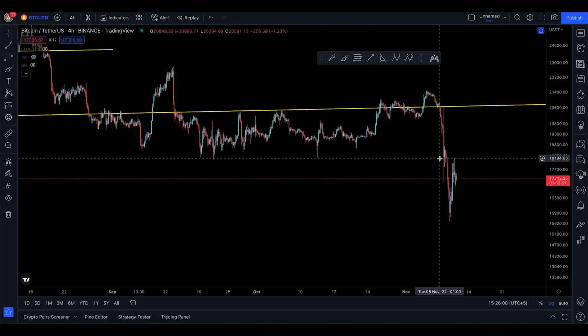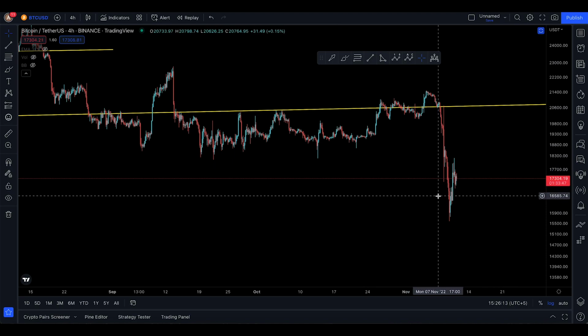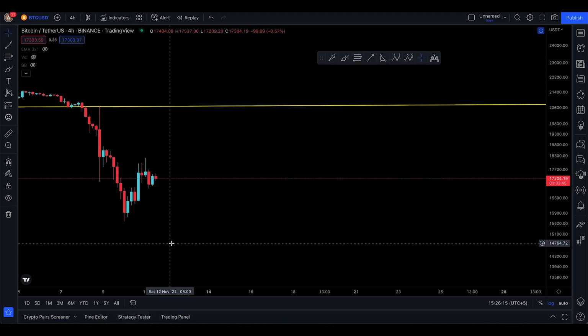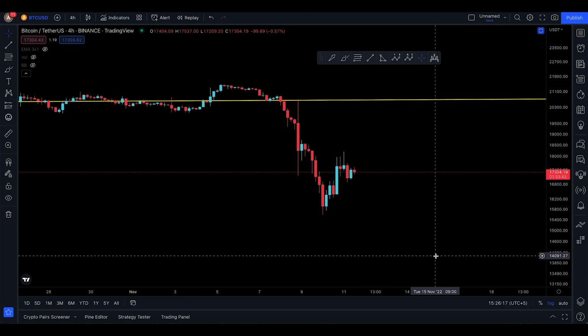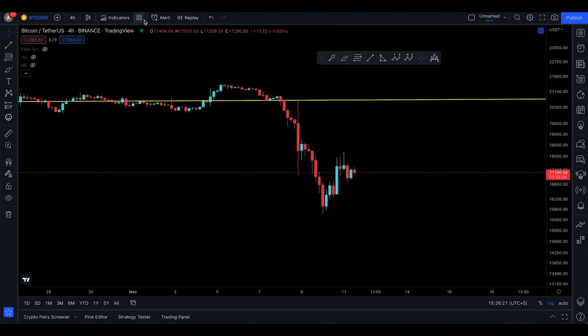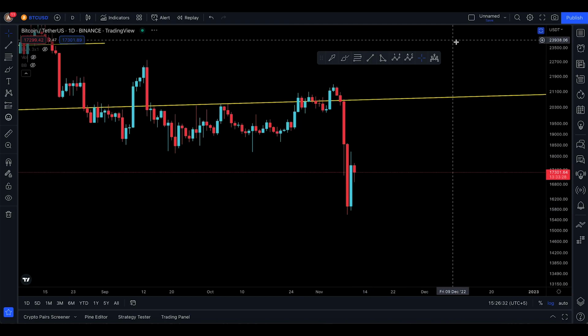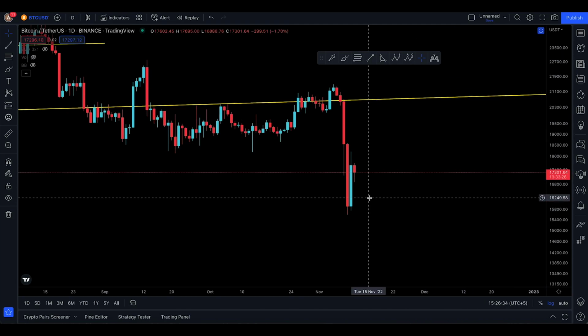This is Friday, 11 of November, and Bitcoin is trading at $17,312. People are getting a little bit bullish again, thinking this was your bottom potentially and you're trying to move up. No, it's not your bottom. I mean, come on, it takes more than this to make a bottom. By the way, it takes a lot of hard work to print a bottom. It doesn't just work in 1 or 3 hours. And then again, I can be wrong about that, but at least for now, I don't think that's your bottom,